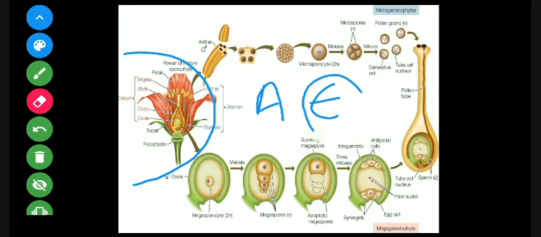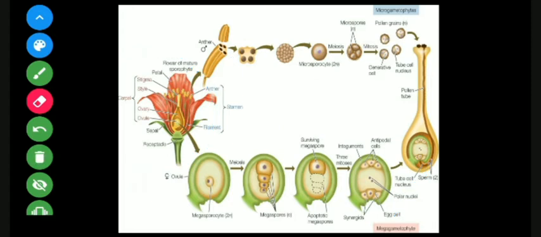Now the next part is the essential whorl. Now you know why they are called as essential whorl? They are actually participating in sexual reproduction. So it's androecium, which is the male part, and the gynoecium, which is called as female part. Both are included in this essential whorl as they are directly taking participation in sexual reproduction. Why? Because they both can produce a male and female gamete. The androecium is going to produce male gamete, and the carpel, or the gynoecium, will produce female gamete. So they both are called as an essential whorl.